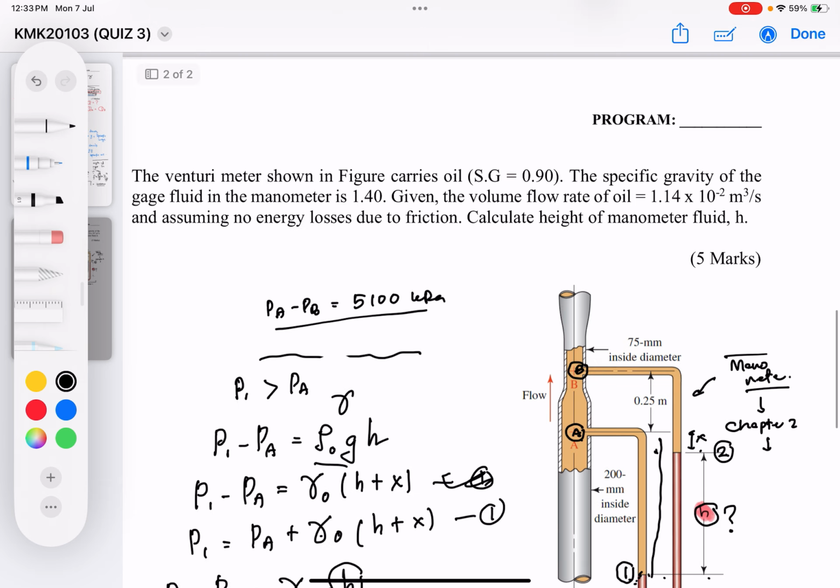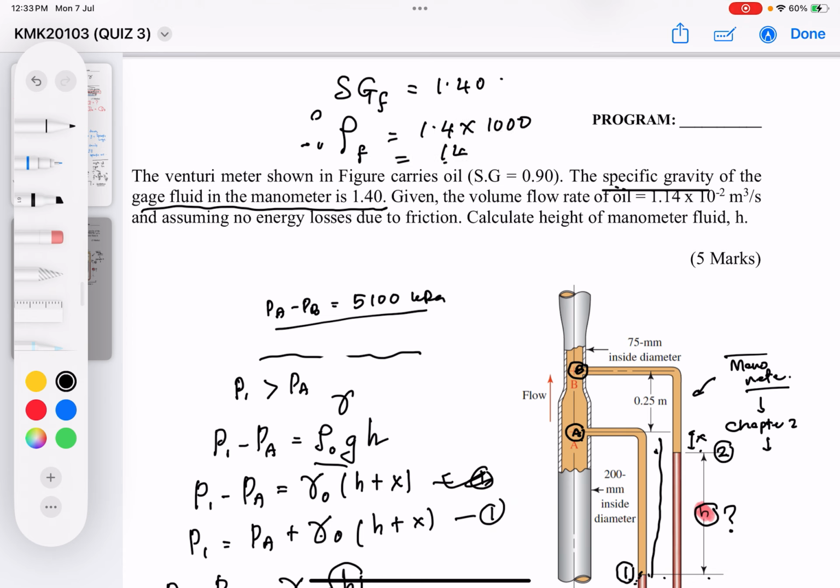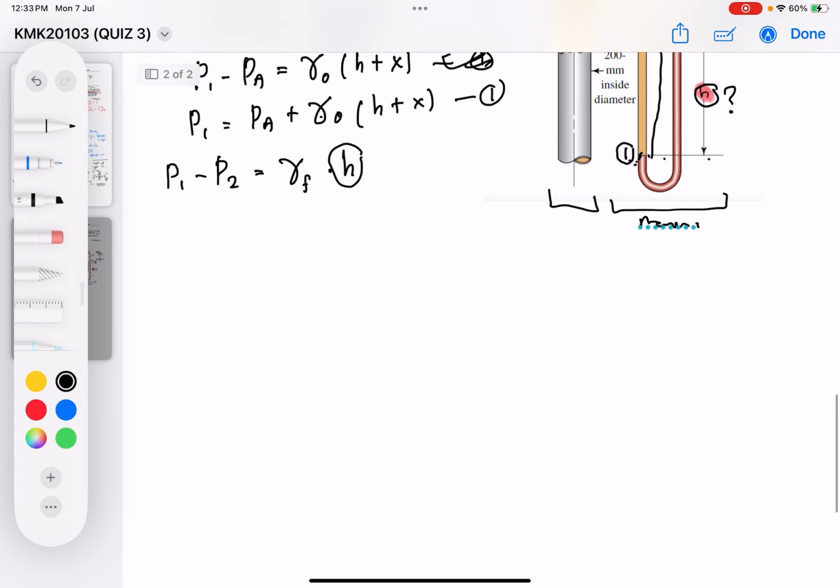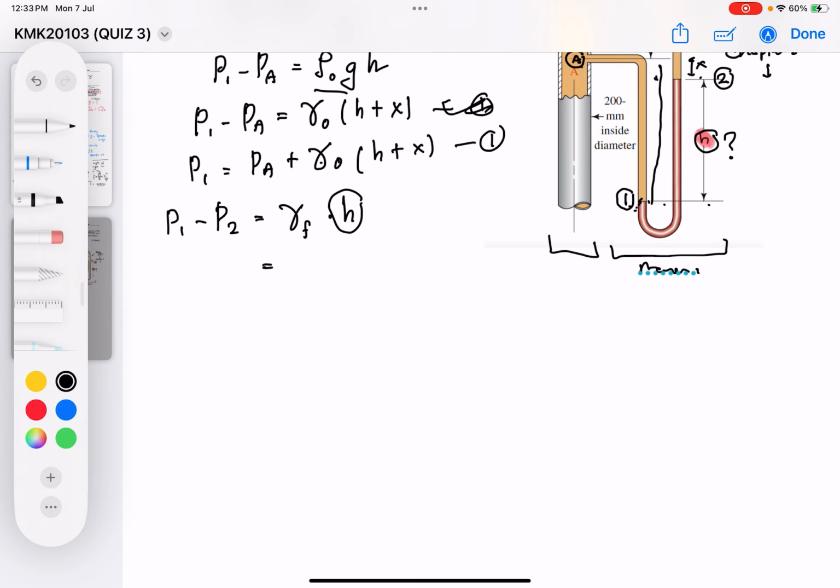How about the gamma of the fluid? In here, it's stated that the specific gravity of the gauge fluid in the manometer, Sg of the fluid, was actually equal to 1.4. Therefore, the density of the fluid was equal to 1.4 multiplied by 1000, equals 1400 kilograms per meter cubed, the density. Therefore, I can say that here is going to be 1400 multiplied by 9.81